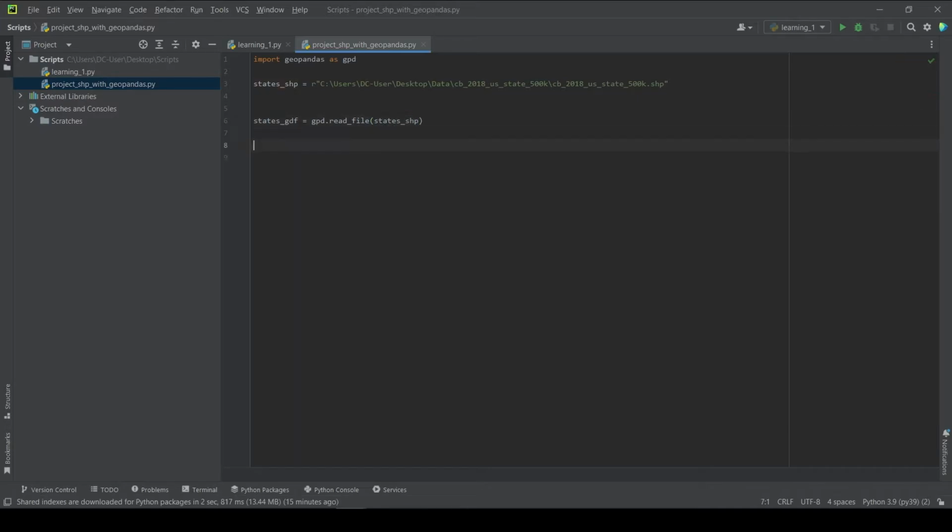So what we're saying is Geopandas, read our states shapefile and store that in a variable, which is going to equal a data frame. It's essentially going to create a data frame and store that data frame in a variable called states GDF. So now we've read in our